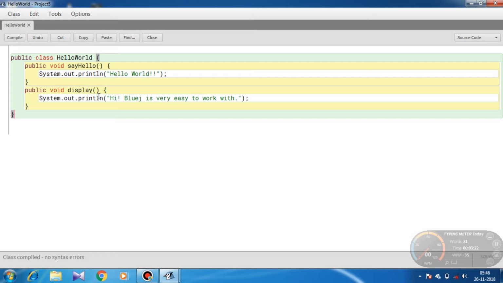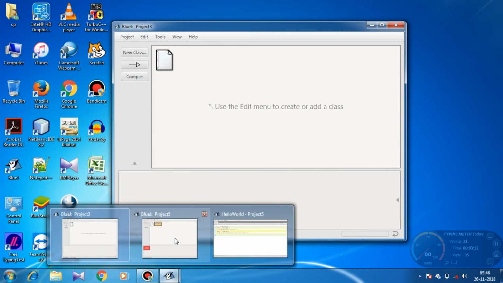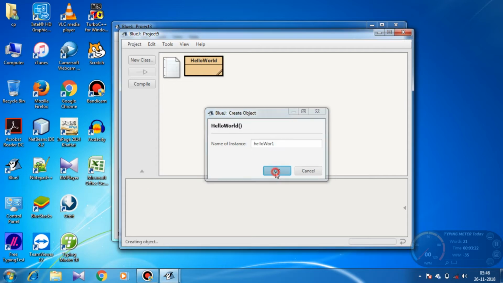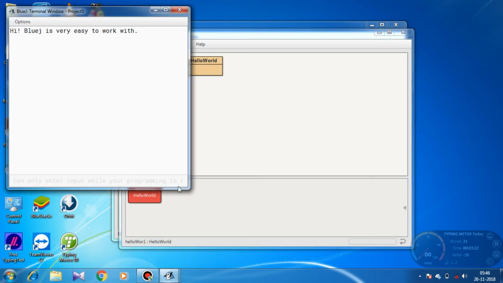Suppose we want to execute the method display. BlueJ will show the methods, and we will select void display.